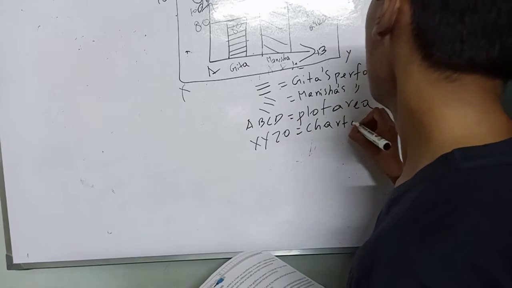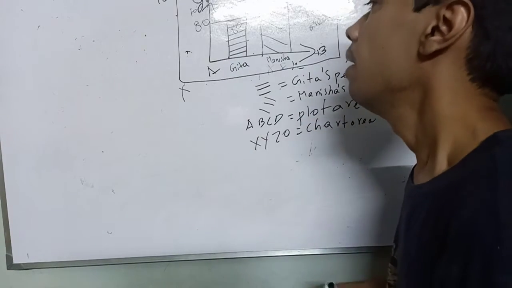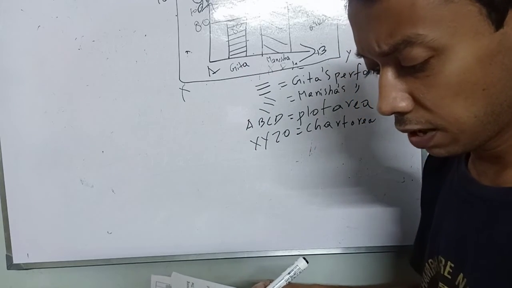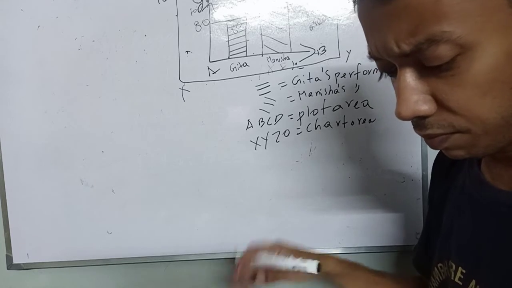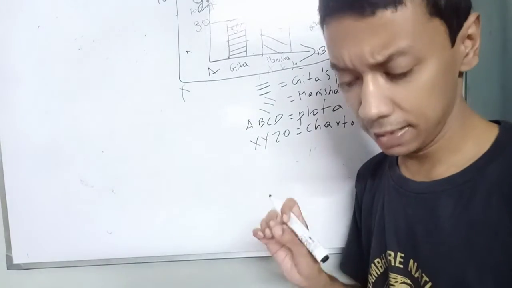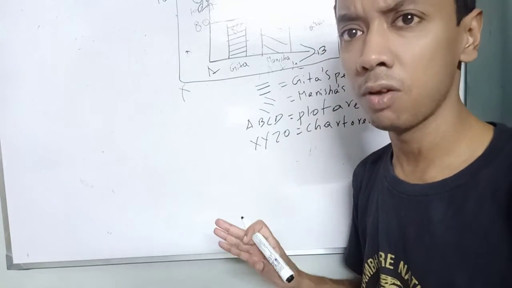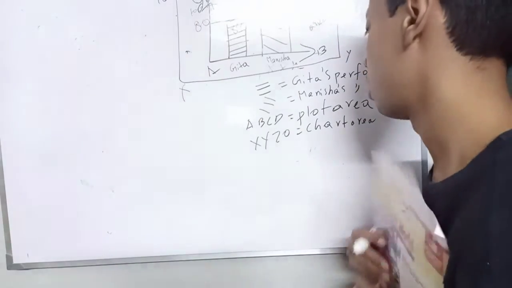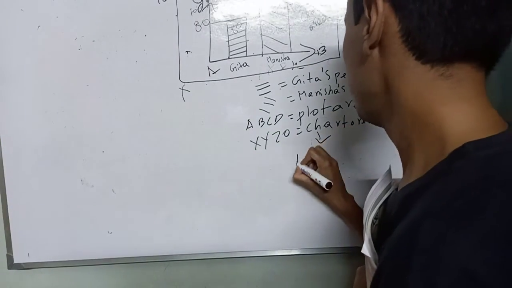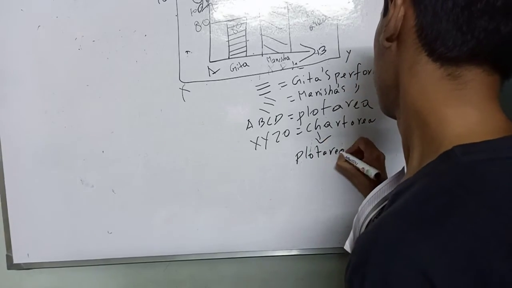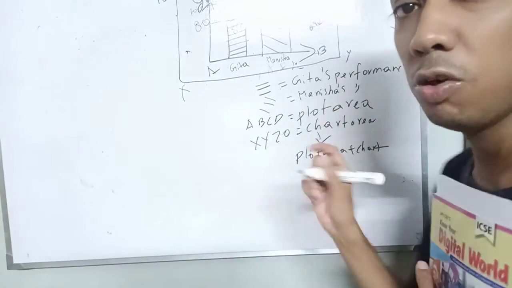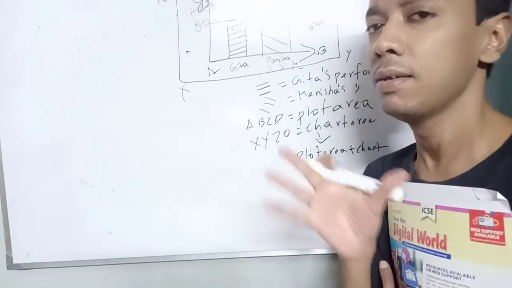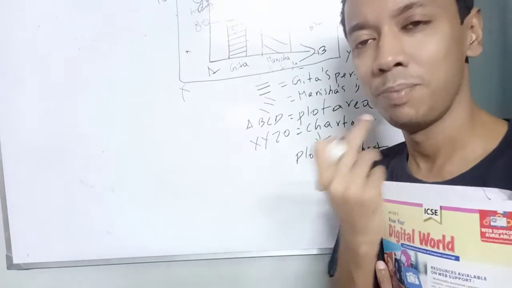In the chart area, what is contained? It contains the whole chart, plot area, and all the elements of the chart, including the plot area. Means include the whole chart element plus the plot area. Chart area means plot area plus chart. In simple words, chart area means the whole, it will include plot area plus chart.